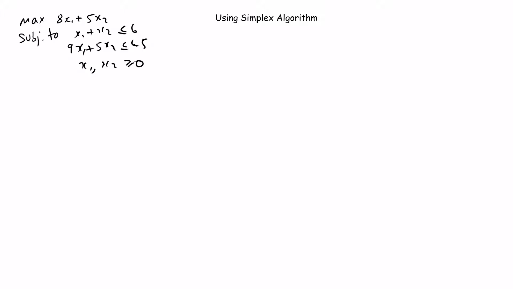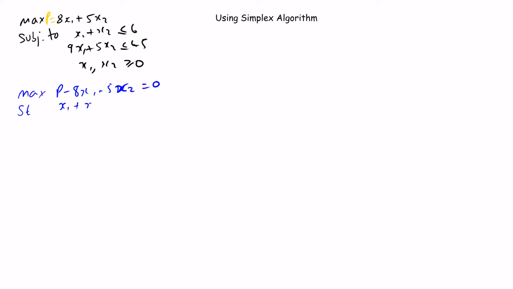So the first step we're going to do is put this into standard form. So we want to maximize, actually just before we do this, if we say that we want to maximize profit, for example, then that will be equal to 8x1 plus 5x2. So here we want to maximize p minus 8x1 minus 5x2 equal to 0. This will enable us to put it into the simplex, and this is subject to